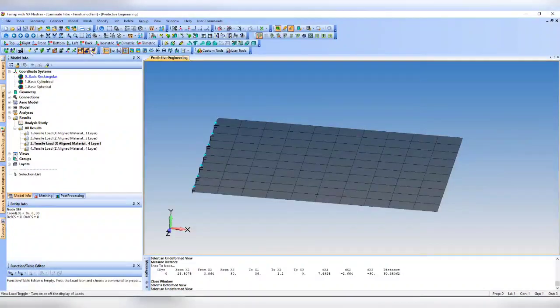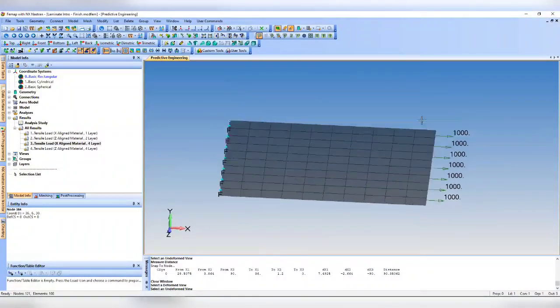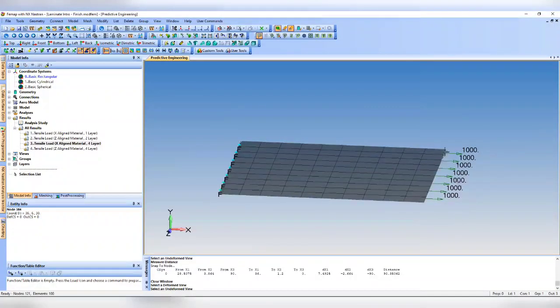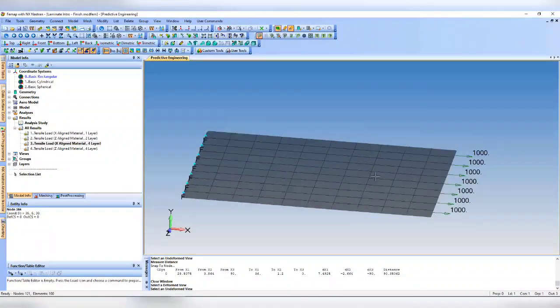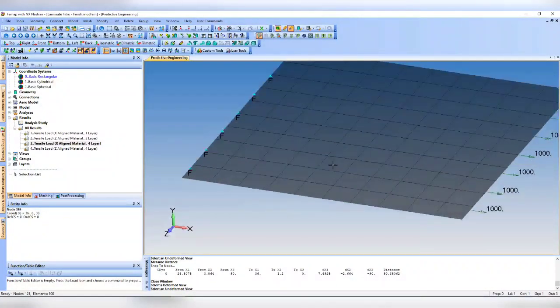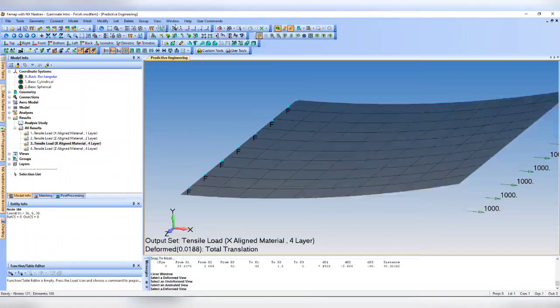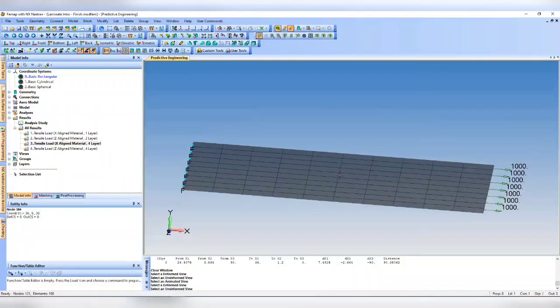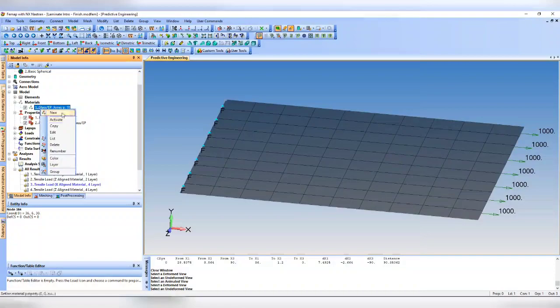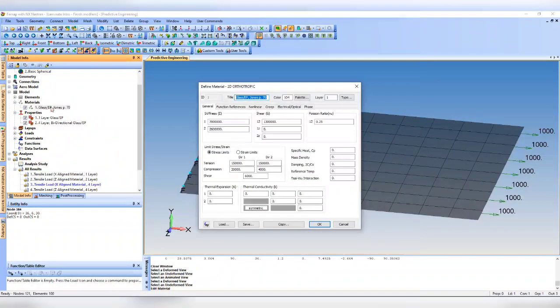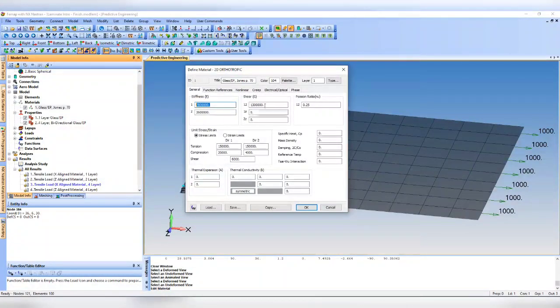So what you see here is essentially a very simple plate with shell elements meshed, and I fixed this end and applied a 1,000 pound total load along this edge. Now, instead of meshing it with a metallic property, you'll see here that first I created a material property for a glass epoxy type of lamina. So you can see here, I'm using a glass epoxy, and these are the stiffness and shear, E1 and E2,